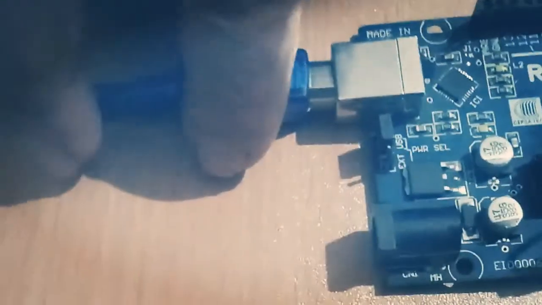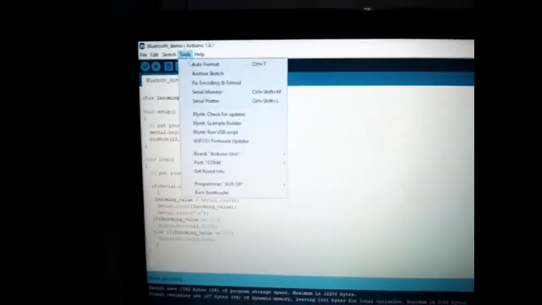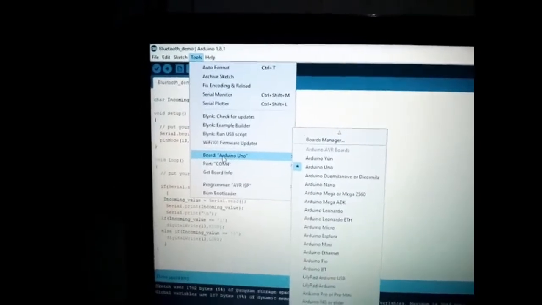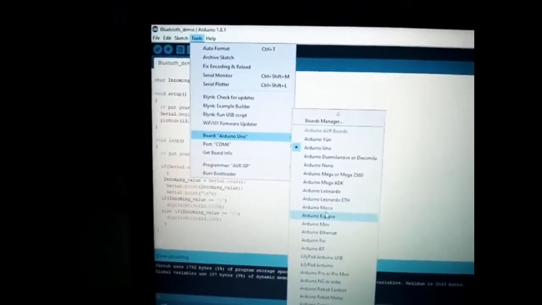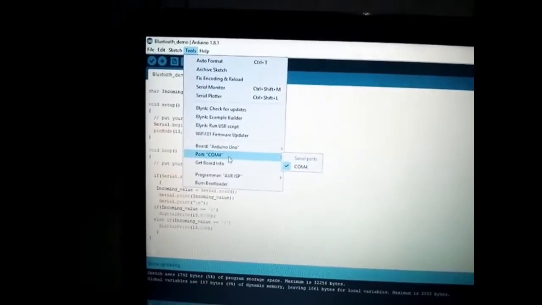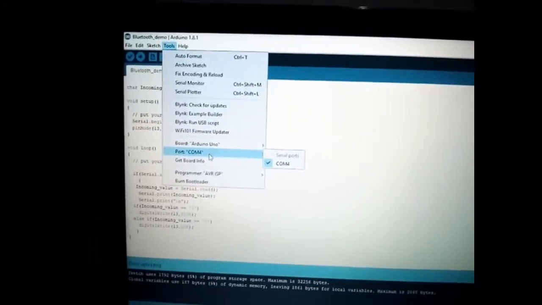I have connected the USB cable. Now I will power this Arduino board by connecting it to my laptop. Now let us look at the Arduino IDE. Here go to Tools and select your appropriate board, that is Arduino Uno. There are so many boards available such as Arduino Leonardo, Arduino Micro, Arduino Mega, but you have to select Arduino Uno and select the particular COM port to which you have connected your Arduino board.